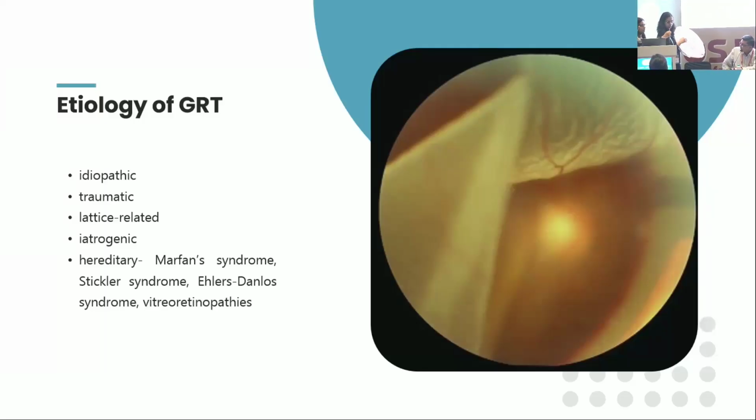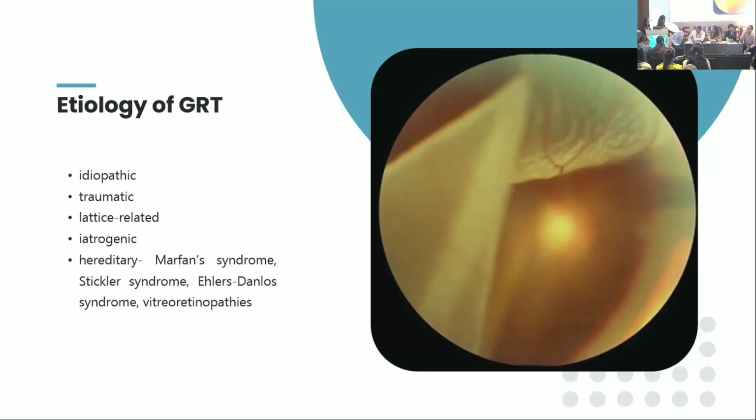So, once this giant retinal tear has happened, this liquefied vitreous can seep behind the posterior flap and into the subretinal space and cause detachment of the neurosensory retina from the underlying RPE. A giant retinal tear classically involves more than 3 clock hours of the circumference of the retina, and it might involve any quadrant. There is usually an anterior flap under which is the subretinal fluid, which can cause slippage later. And then you've got a posterior flap. The anterior flap has attached vitreous, the posterior flap does not. Because of a lack of attachment of posterior vitreous, this flap can roll and fold and invert, and that becomes a hassle to manage at the time of surgery.